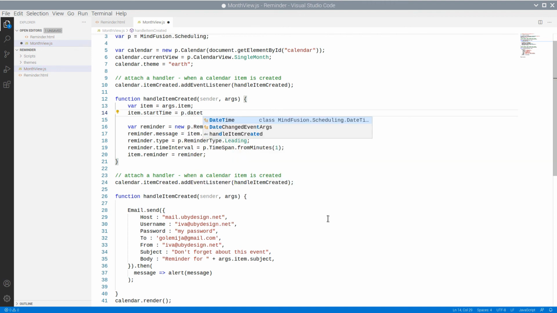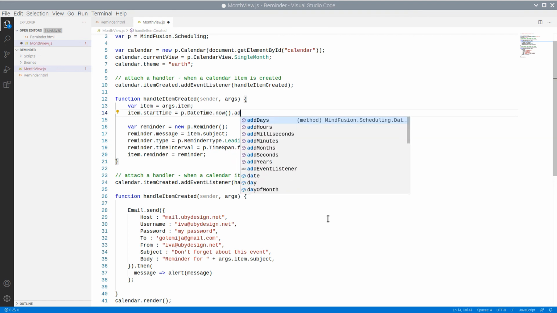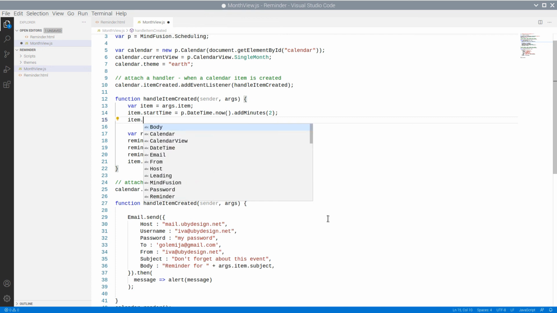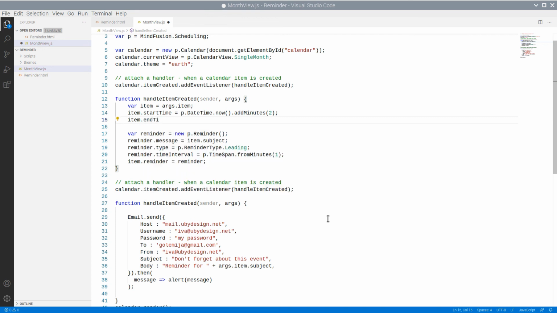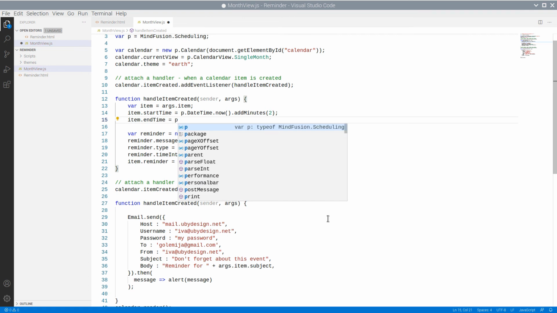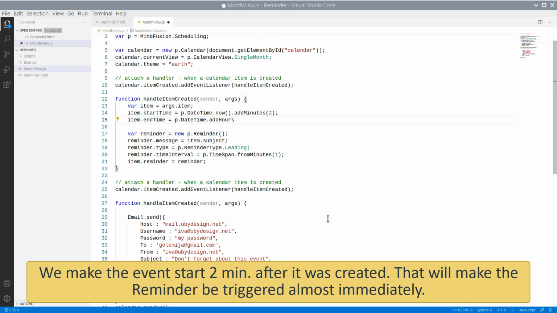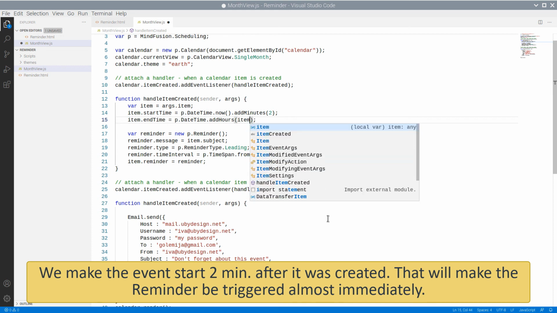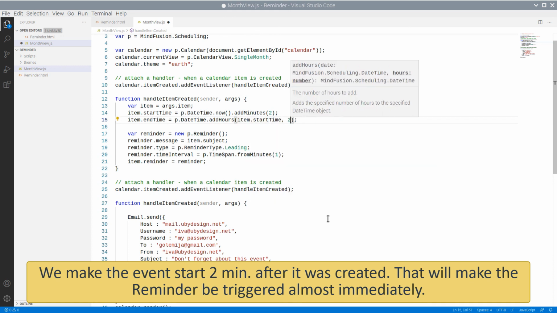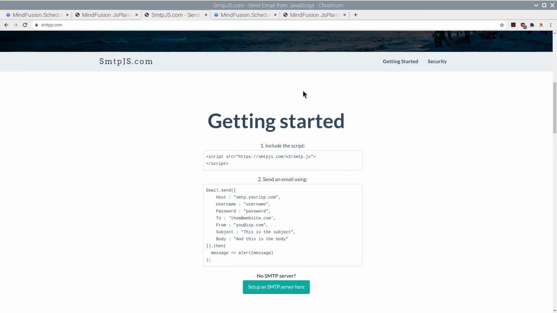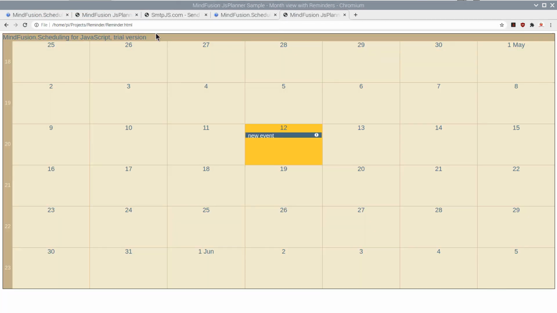That will make the reminder be triggered almost immediately, and it will allow us to see the result right now. Let's test what we've done so far.